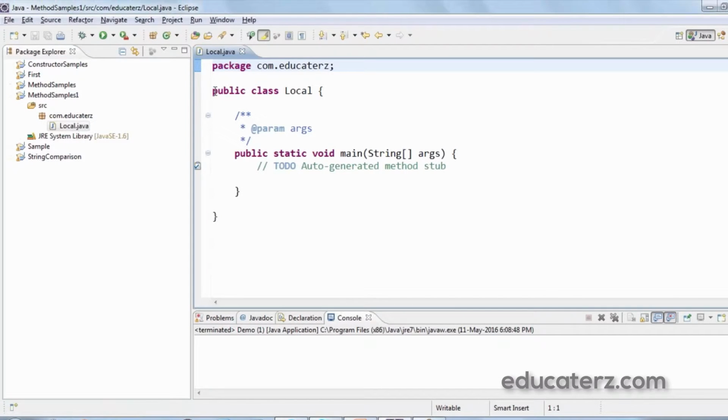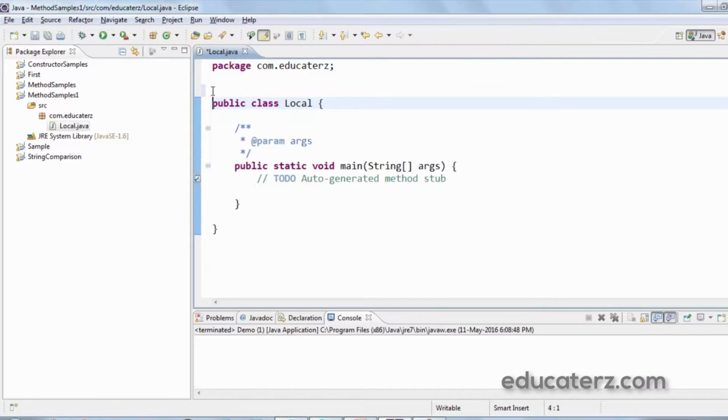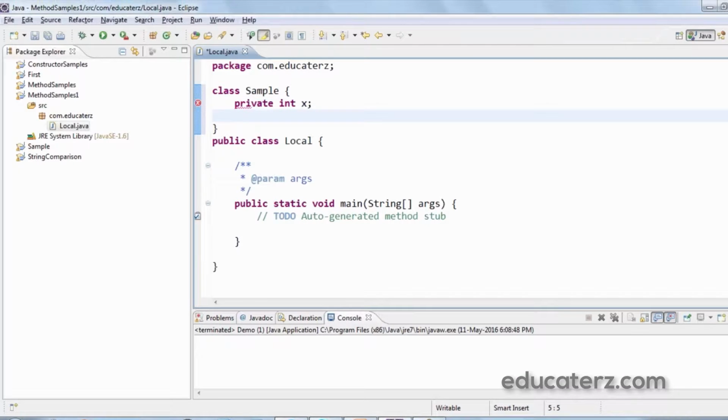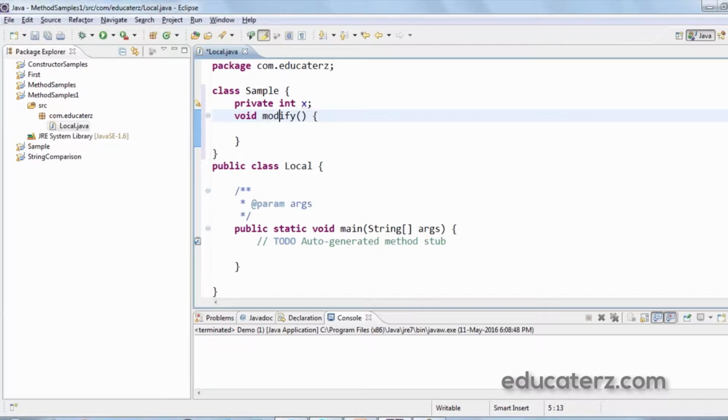So before writing a code in main method, I would write a class called sample, consisting of a private variable int x and a method called modify. So when I say int a here, I want to initialize this instance variable with a local variable a.